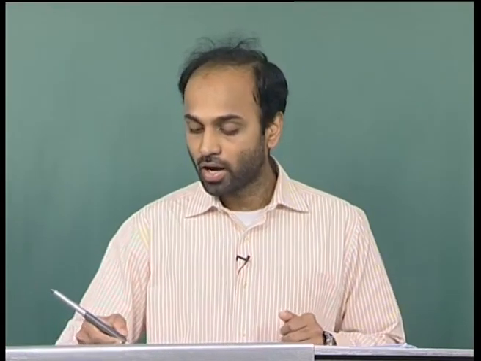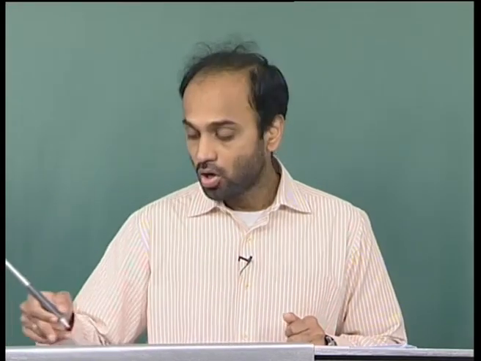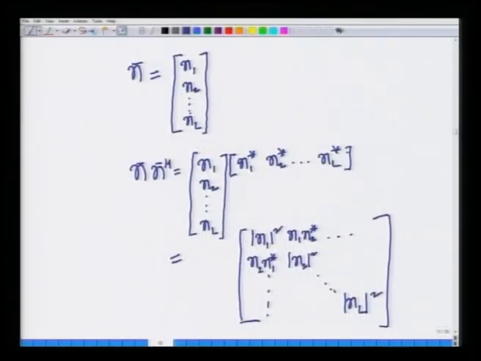So, if I look at n bar n bar Hermitian, along the diagonals I will have the direct product terms, and off the diagonal I will have the cross terms, and we said if I take the expectation of this matrix,